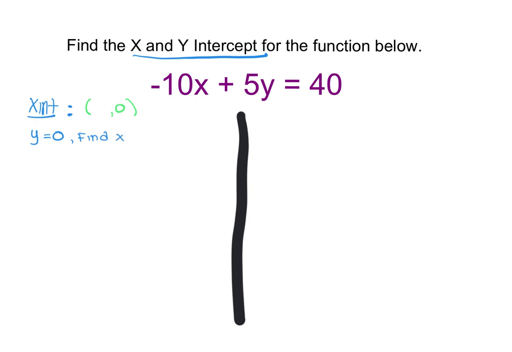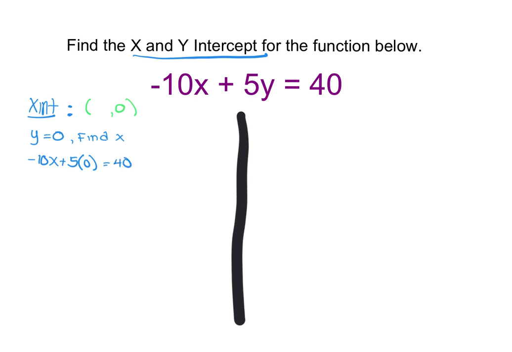And that's kind of what I tell myself every time I'm looking for an intercept. If I'm finding the x-intercept, I'm going to be finding an x value, and I know that y is going to be 0. So I set y equal to 0, and then I find the x value that goes along with it. So here I can now take my original function, -10x plus 5y, and instead of y, I'm going to write 0 because we're substituting 0 in there,